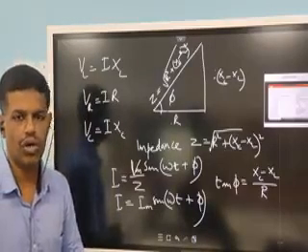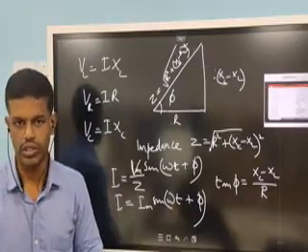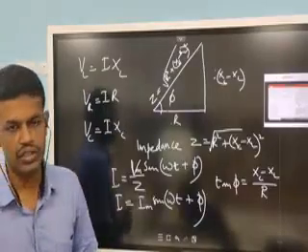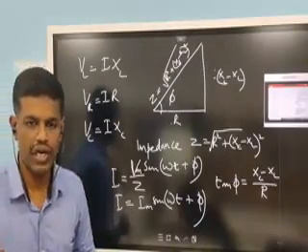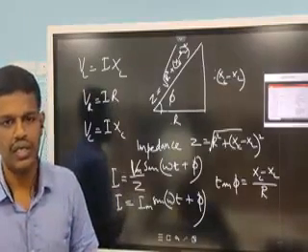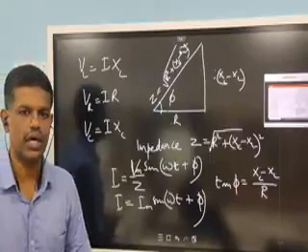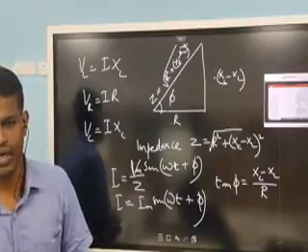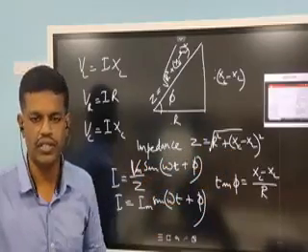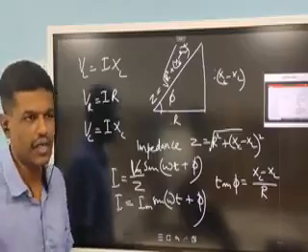But this was our assumption only. In fact, current can lead or lag the voltage. If XC is greater than XL, current leads. Then we call it a capacitive circuit. But XL can be greater than XC. Then phi becomes negative. Then we should say that current lags behind voltage by a phase angle phi, which is calculated as phi is equal to tan inverse of (XC minus XL) by R. So this is the expression for current in an LCR circuit.